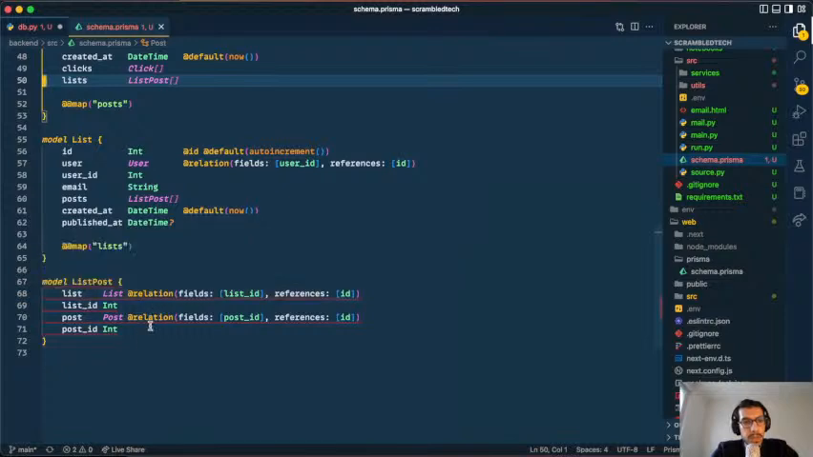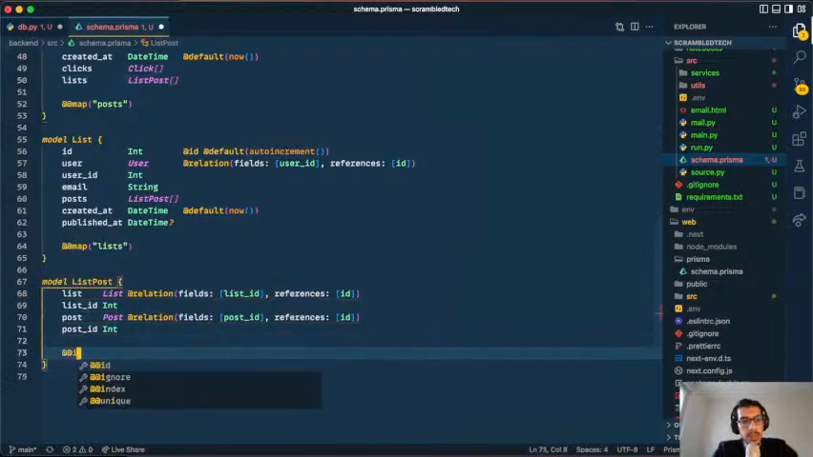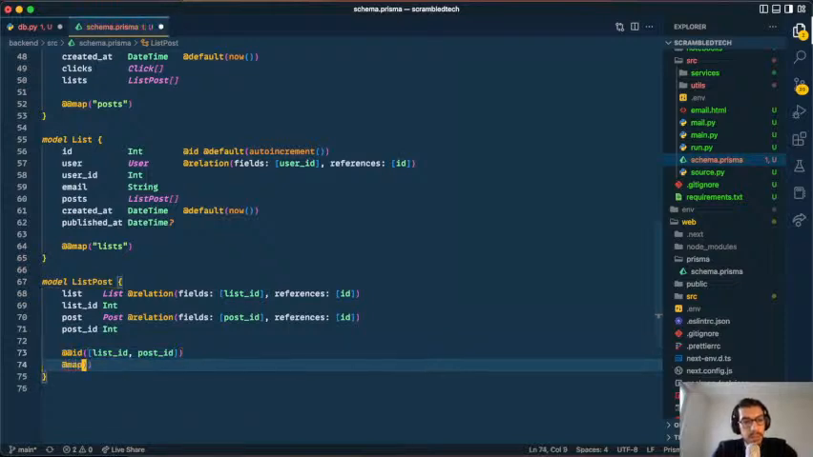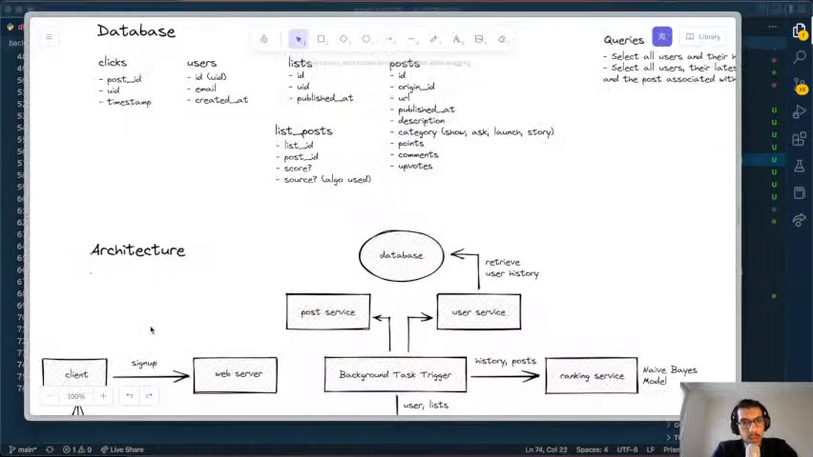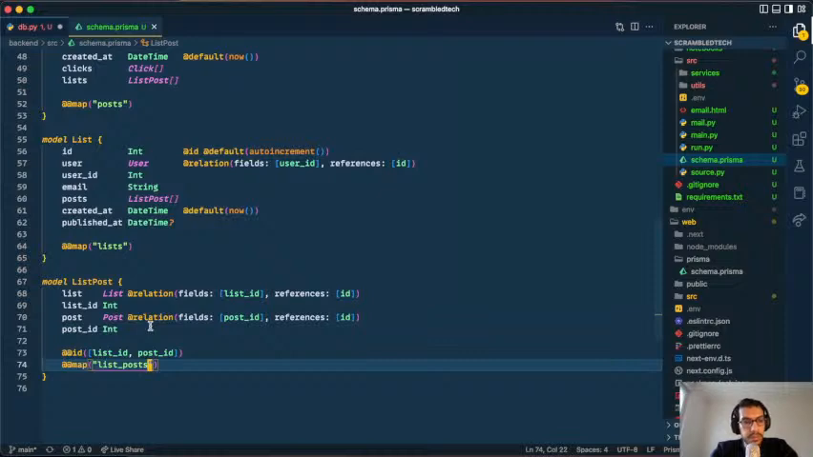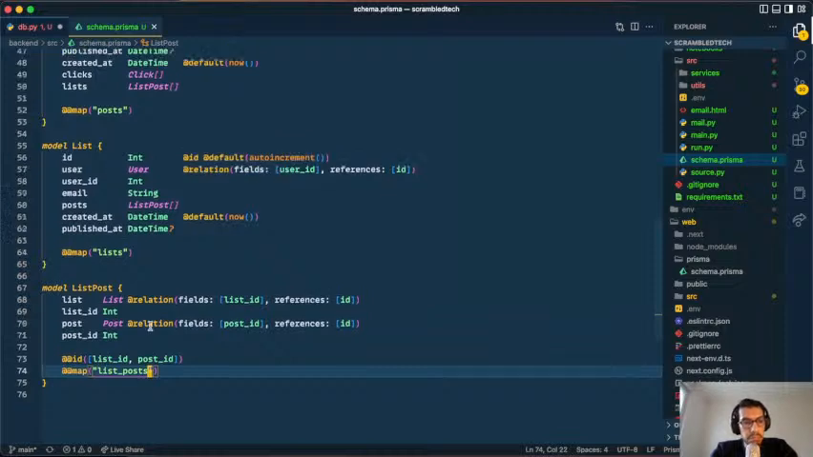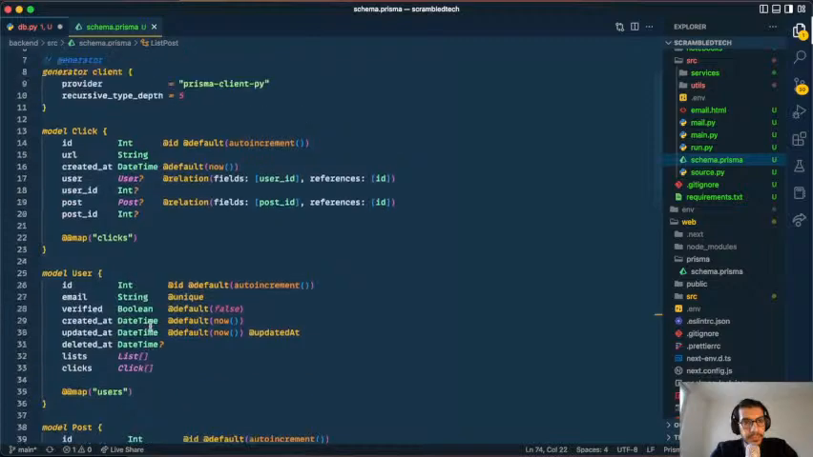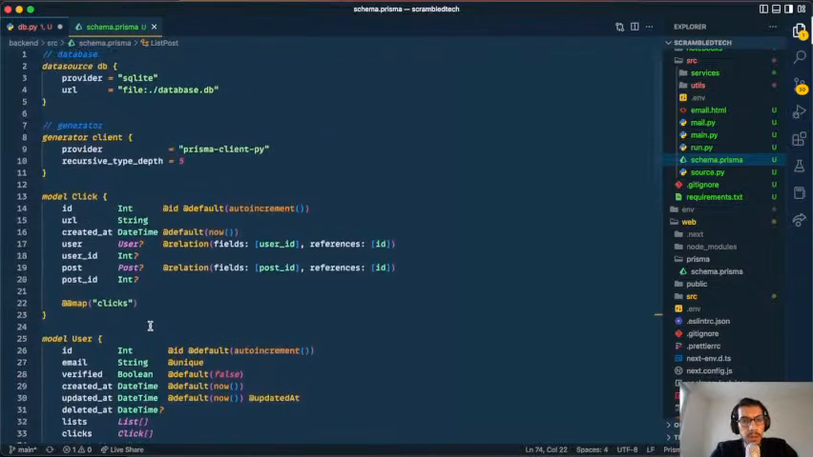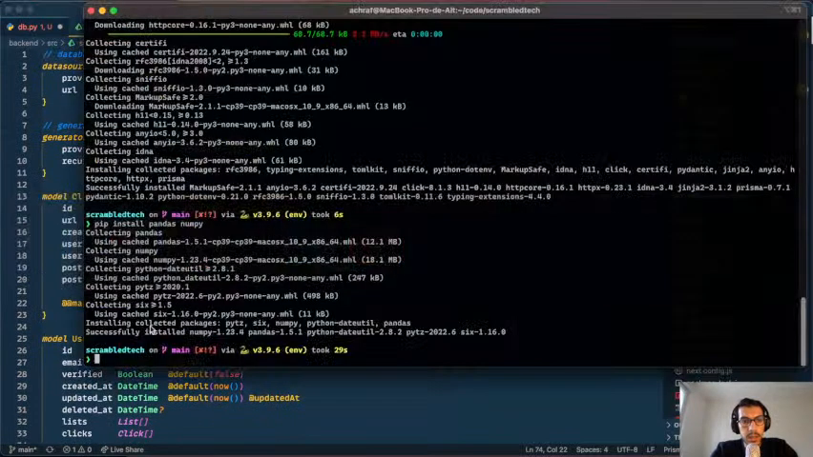What's the problem with that? I need to say at ID, list ID and post ID. There you go. And map list posts. There you go. Sounds good. Let's see how it works. Now, I think I can just say,